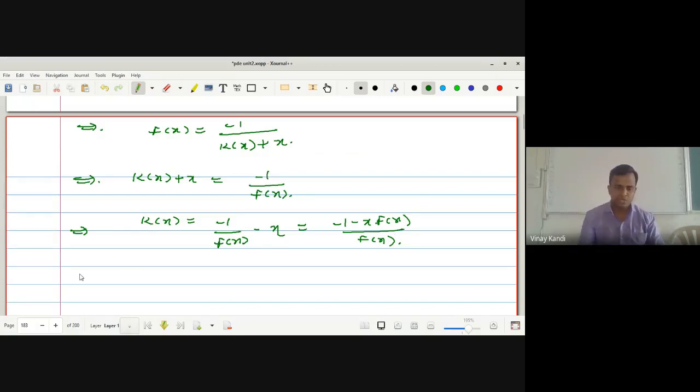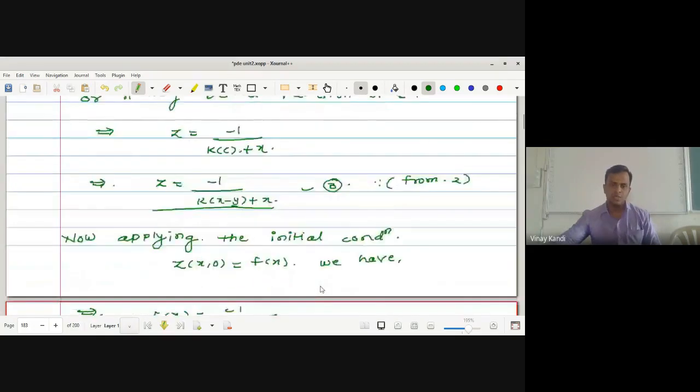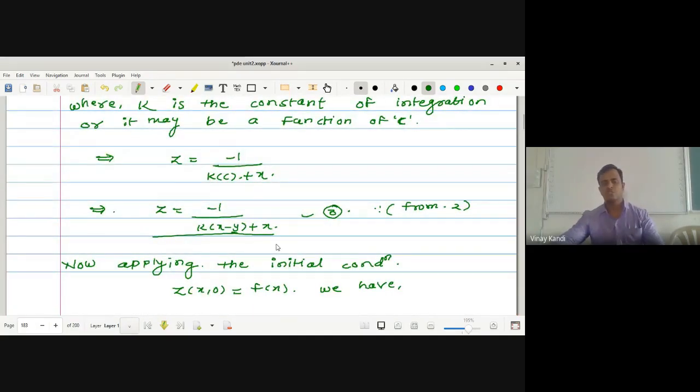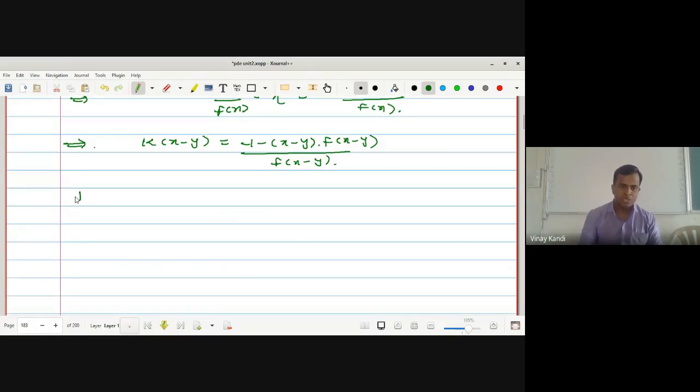The k of x हा असेल तर k of x minus y काय असेल? That implies k of x minus y is equal to minus 1, put instead, replace x by x minus y, minus 1 minus x minus y into f of x minus y divided by f of x minus y. Okay, now putting the value of k of x minus y in equation number 3, we get the required solution which satisfies the given initial condition. Okay, putting these values in equation 3, we have,